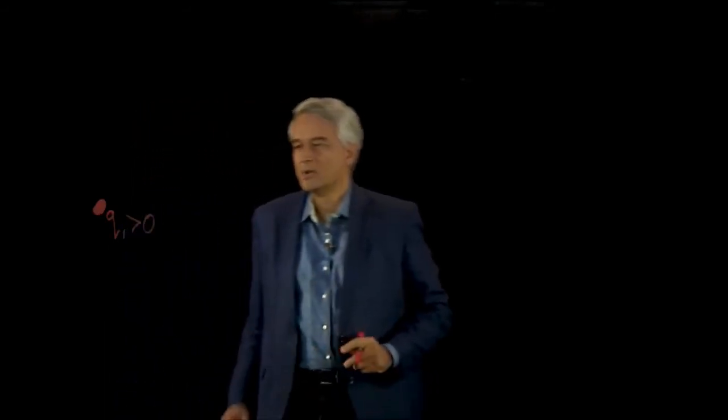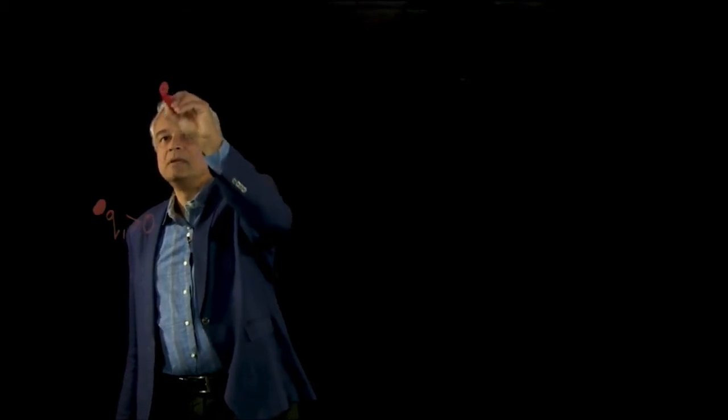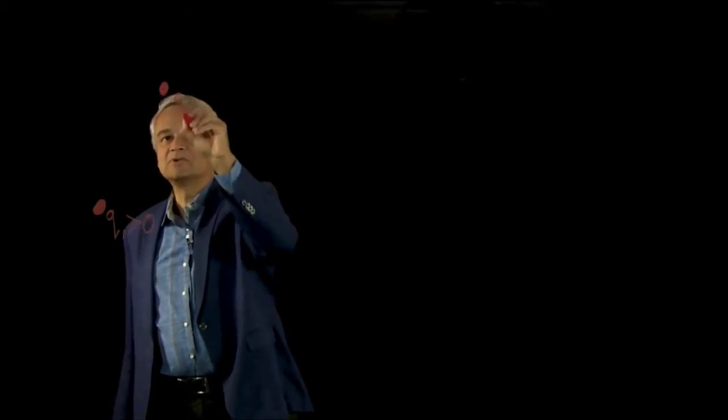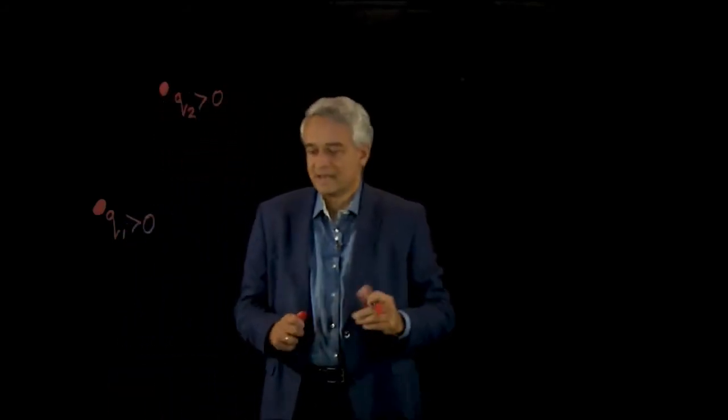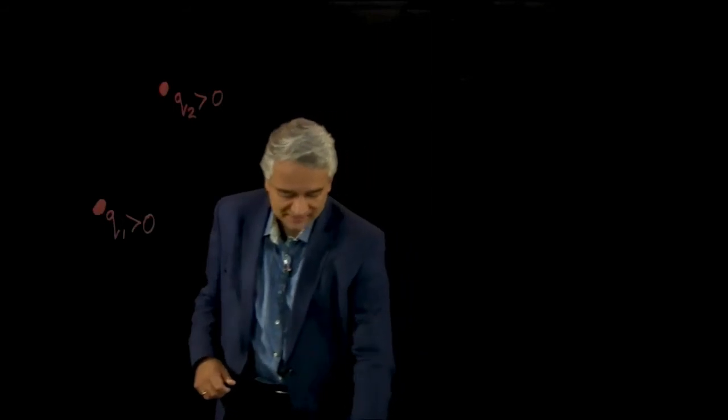So, doing this concretely on the board, if over here I have a positively charged object with a charge that I'm going to call Q1, positive as I said, so we are always going to use the letter Q for the charge of an object. And then suppose that up here I have a second object, which is also positively charged, but maybe it has a different positive charge, so I'll call its charge Q2, also positive. Then in a situation like this, I have two positively charged objects.